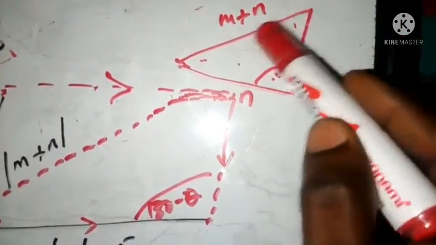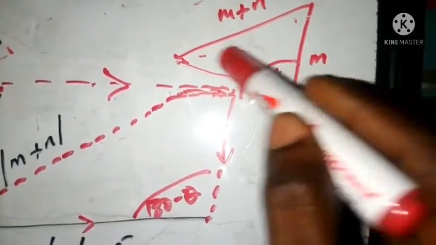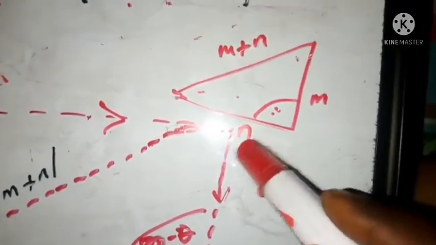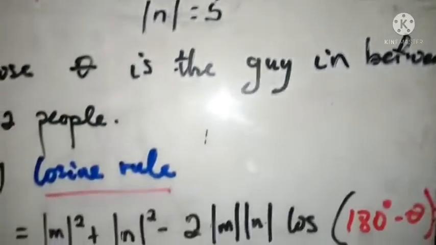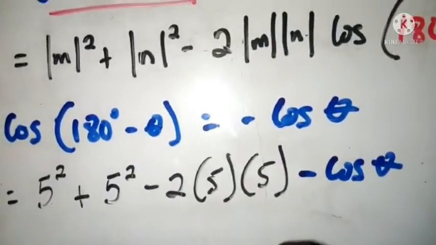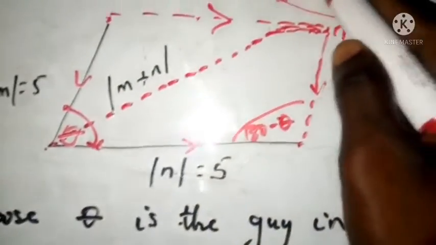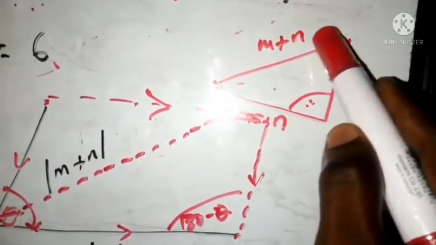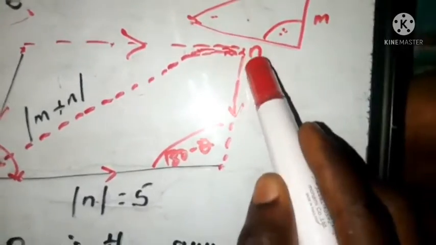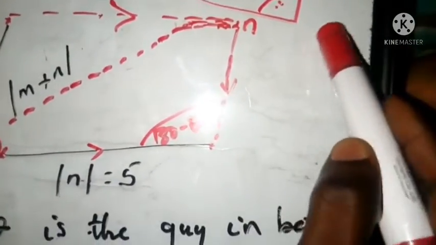We are not given any angle of the triangle. What we are given is just the lengths. So let's look at how to use the cosine rule together. Here we have the cosine rule: this side squared is equal to this side squared plus that side squared minus